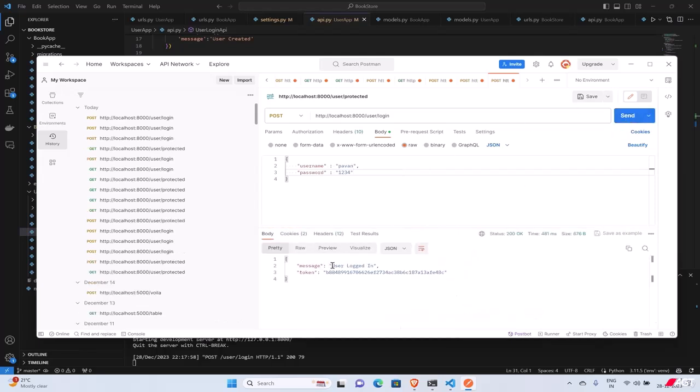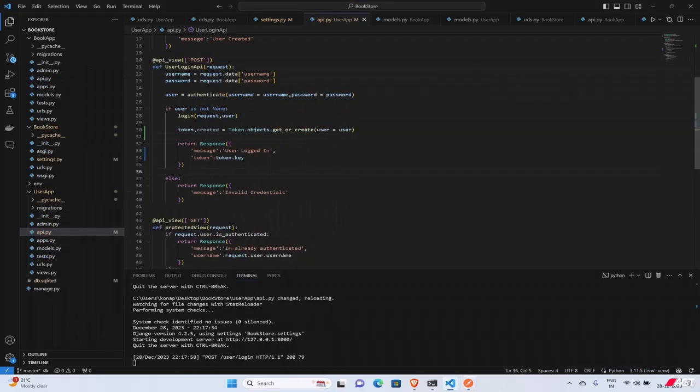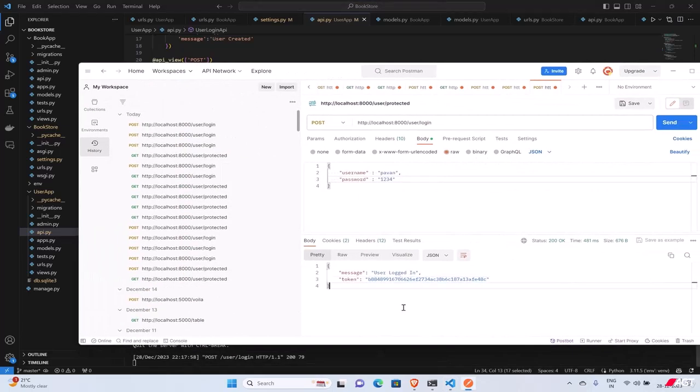It is telling me that the user logged in, and as I explicitly mentioned here to send the token key back to the client, it is sending me the token key. Now I can use this key to automatically authenticate from the next request even without the username and password. So now let us try to invoke the protected view